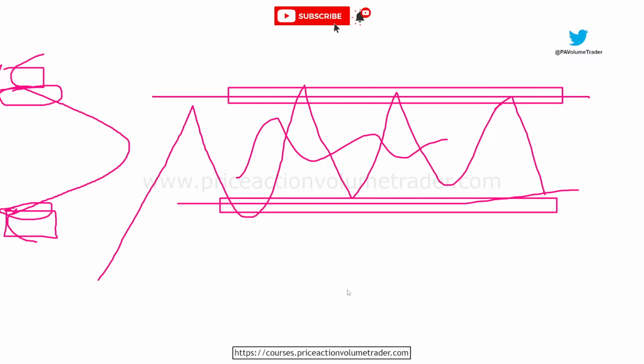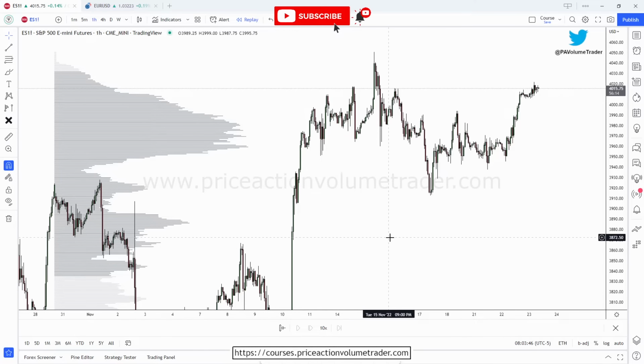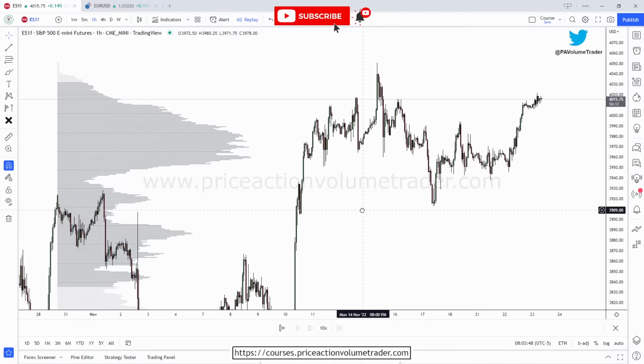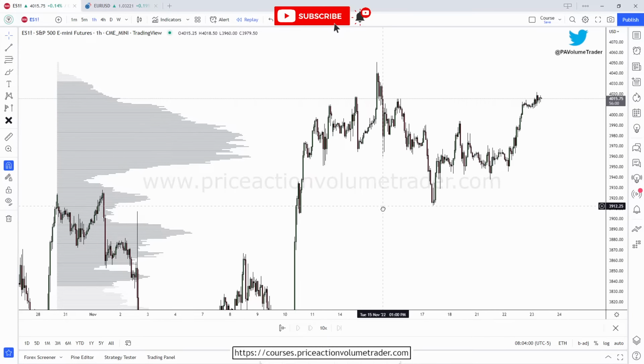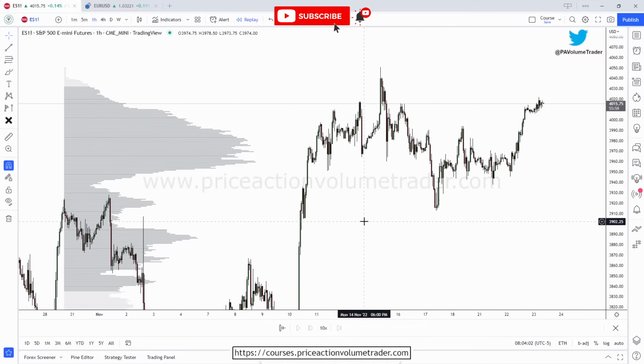And this applies to all time frames. This could be a weekly, a daily, 1 hour. This could be a 5-minute or a 1-minute chart. It applies to any market on any time frame. The biggest mistake you want to avoid is trying to chase a breakout on the extremes of a high volume node. Okay, so let's just go over a few examples on TradingView and on Sierra Chart,